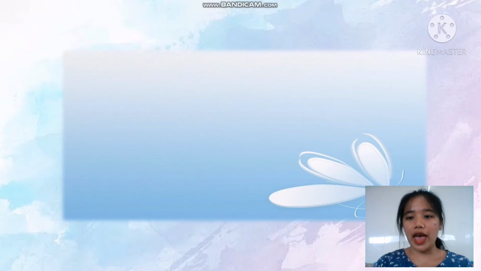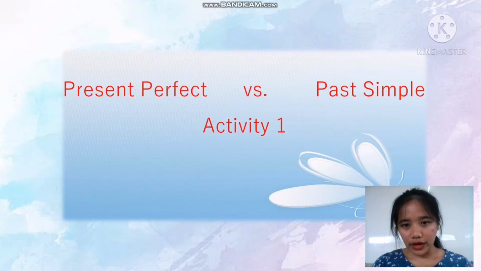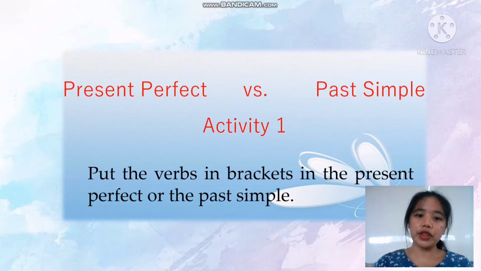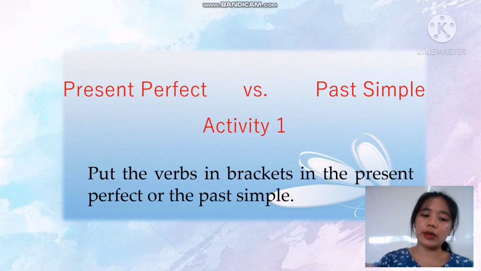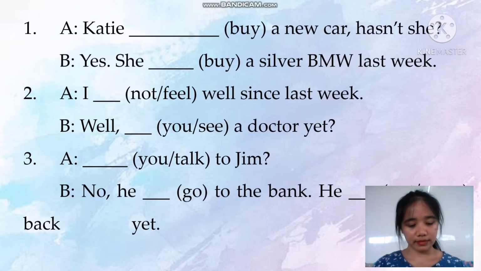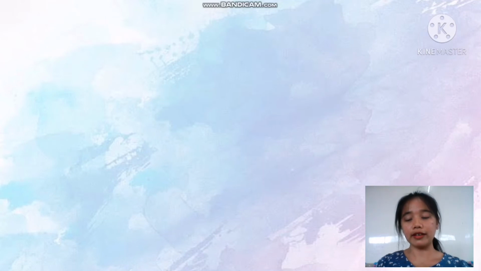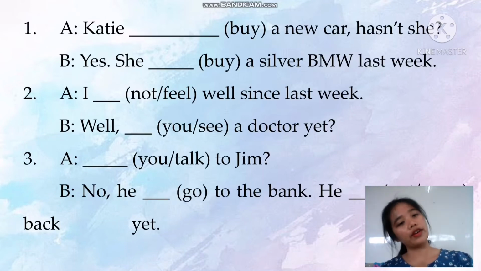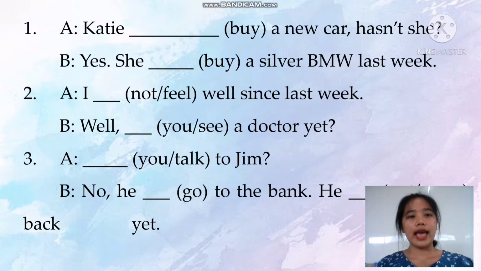So we're going to have an activity. So for activity 1, we are going to put the verbs in brackets in the present perfect or the past simple. So let's have an example. Oh, so we're not going to have an example here. So for the number 1,